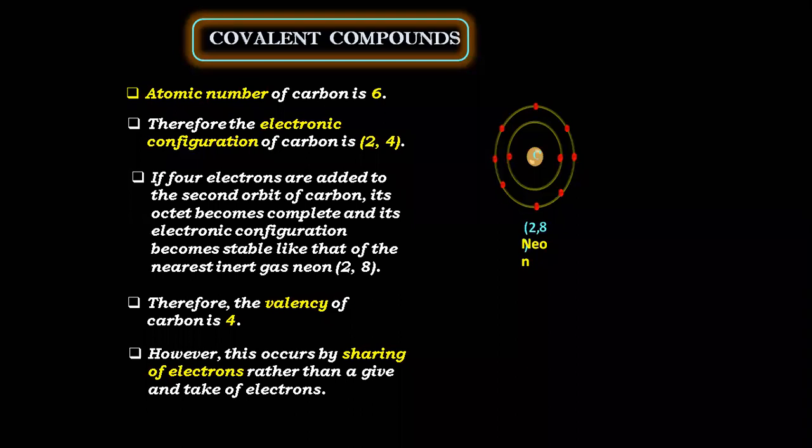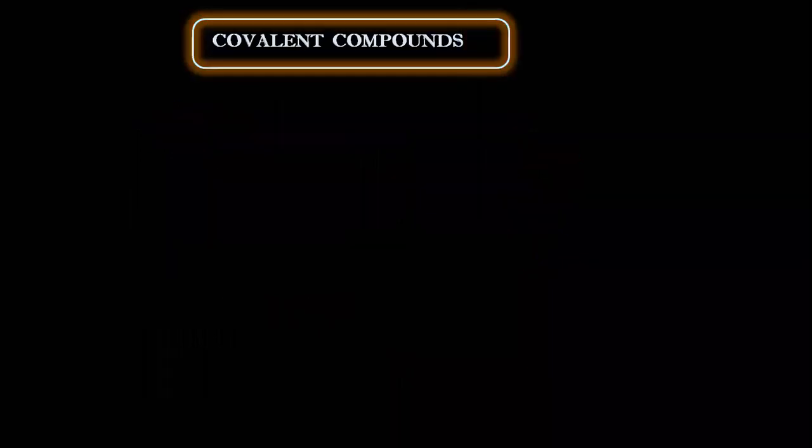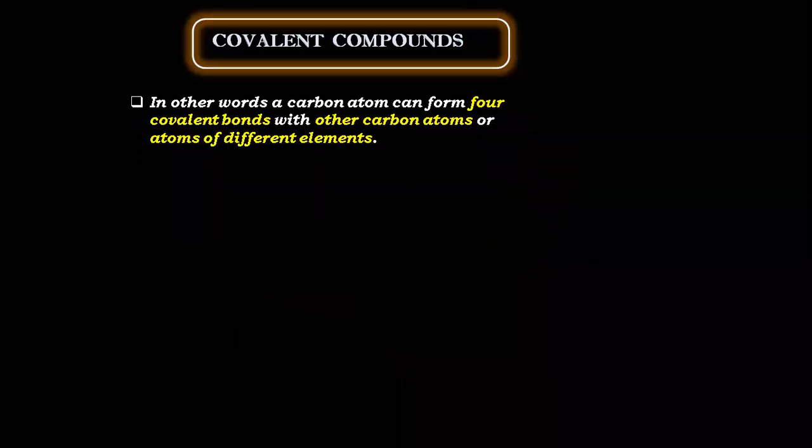Are you able to understand now, students? Carbon dioxide? Very good. So now I feel this example has made it a little simpler for you to understand bonding. On similar lines, I'll repeat once again, do not worry. What I am trying to explain here is that one carbon atom can form 4 covalent bonds.